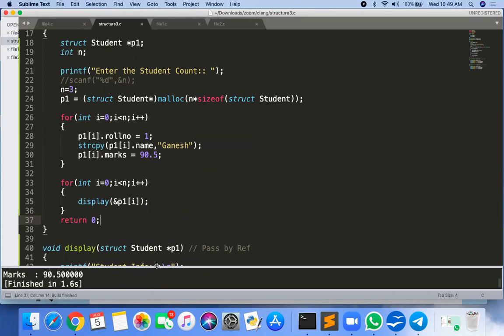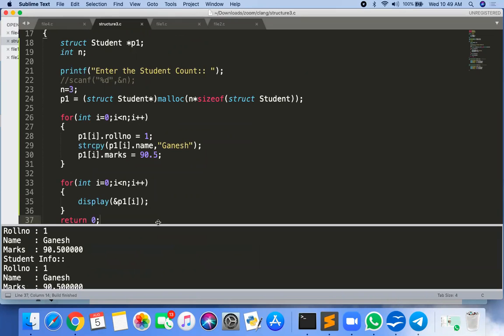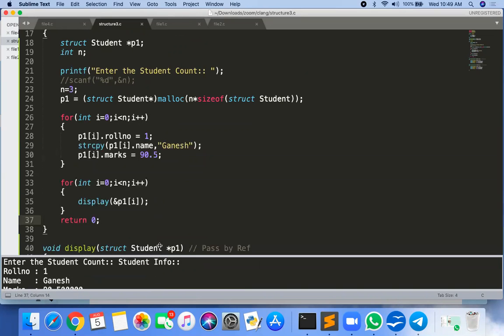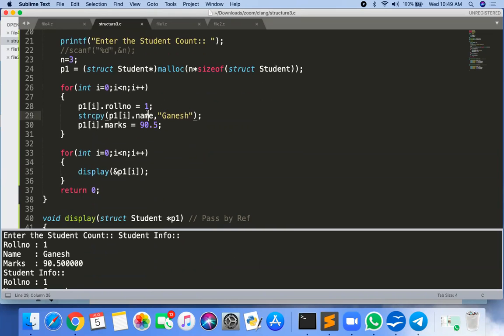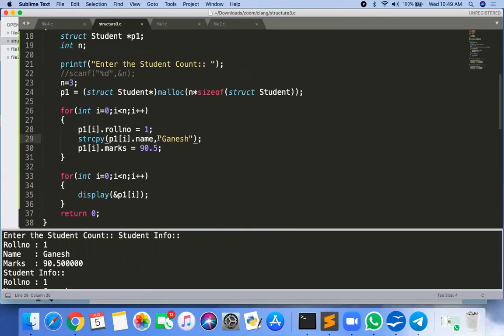Sir, why that strcpy? Because we need to copy this Ganesh into name, string copy. Why can't we give it directly, sir, like p1 of I dot name equal to Ganesh?